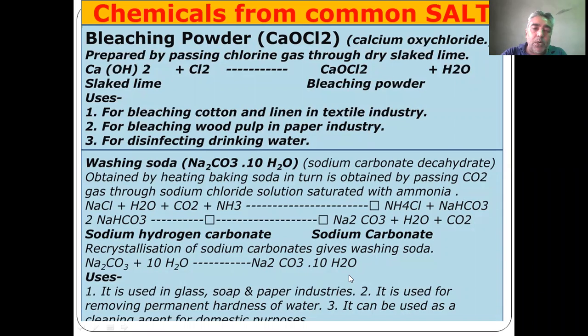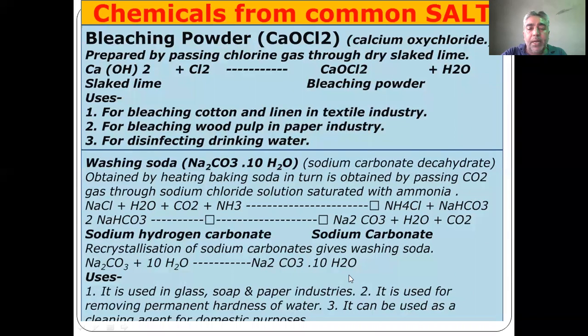These are the uses of the bleaching powder: for bleaching cotton and linen in the textile industry, for bleaching wood pulp in the paper industry, and for disinfecting drinking water. Nowadays, the bleaching powder is what is used in sanitization, which people do in homes. Washing soda, sodium carbonate into 10H2O, the decahydrate, sodium carbonate decahydrate, is obtained by heating the baking